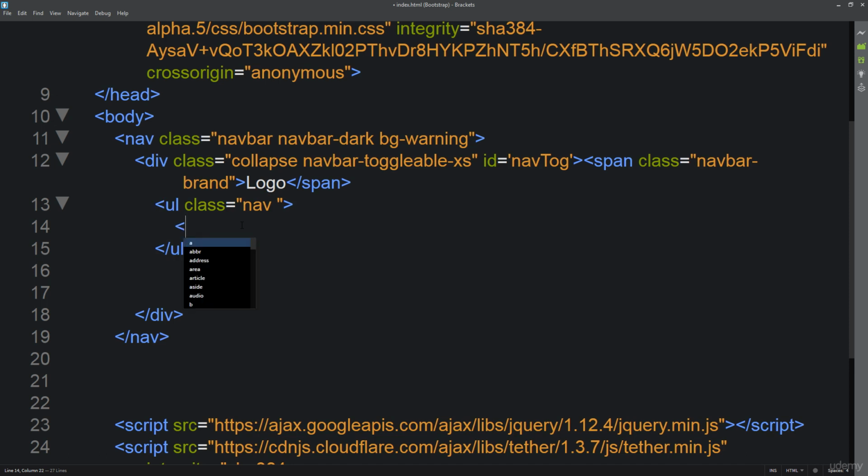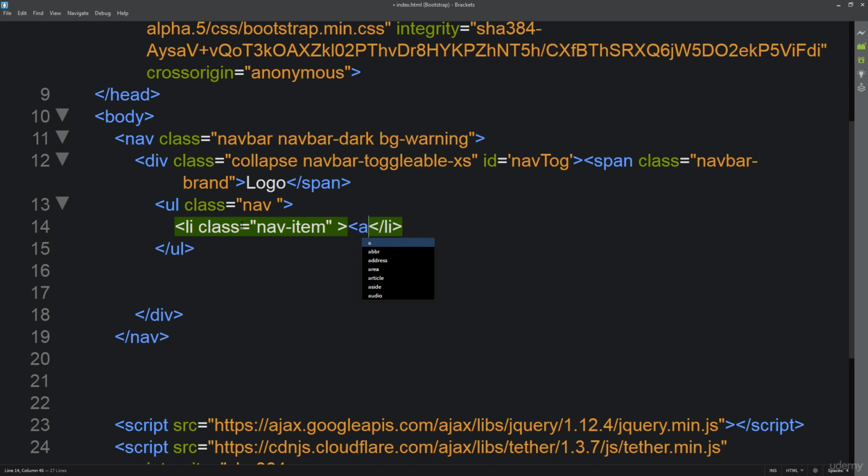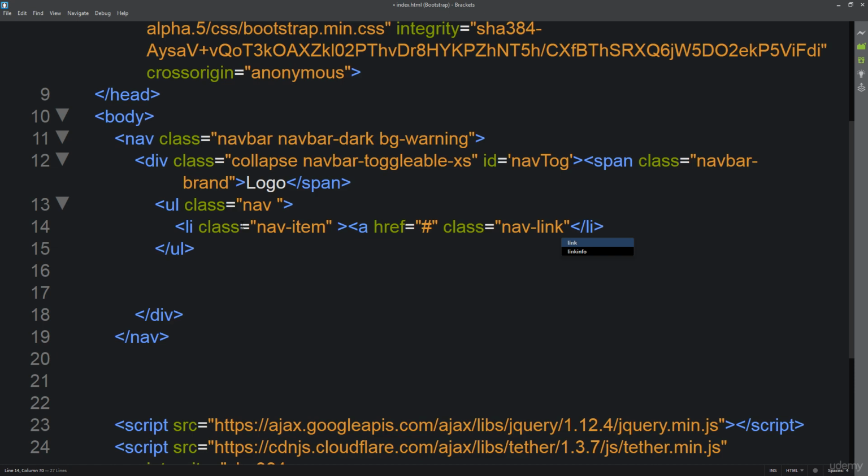Just to give you a sample of that, I'm going to do list items. We know that within unordered lists we want to have a series of list items, and Bootstrap 4 again has a new class for that so that it can better identify what we see as the list items within Bootstrap. Typically within a menu, you're going to have a hyperlink going out to whatever link page you want to link to. We also need to include a class for this as well. Nav link is going to be the class that I'm including,